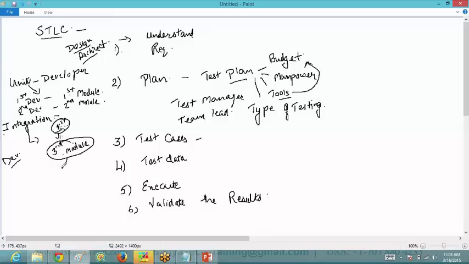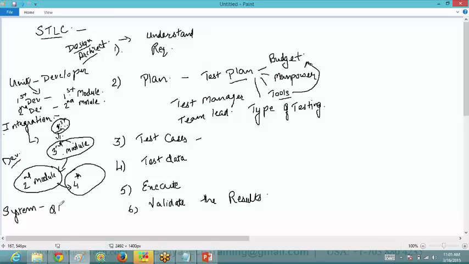Now see, I told you that once you have checked for these two, suppose the third needs to be combined with the second one, and the second with the fourth. So now they are going to check for the second module, and then at last they are going to combine the fourth module and check it. Once the whole system is made, then the system testing is done.